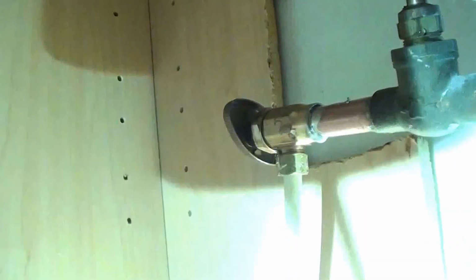So you don't have to crank these down as tight as you can. You don't even have to do it when it's metal. Some people will use stiffeners inside these poly lines. It's not a bad idea, but it's not super important either, because we're not using a metal ferrule, because our water line isn't metal. So I did 1, 2, 3, 4, 5, 6, 7, 8, 9, and 10. Probably tighter than it needed to be. I didn't bottom it out. There's still a couple threads left, but that'll be plenty to create a seal that we don't have to worry about. If you look in there,